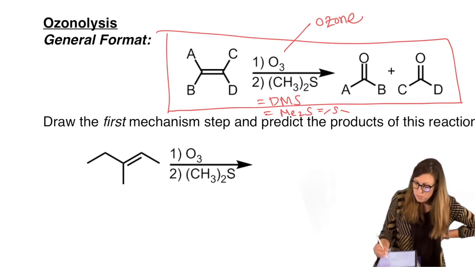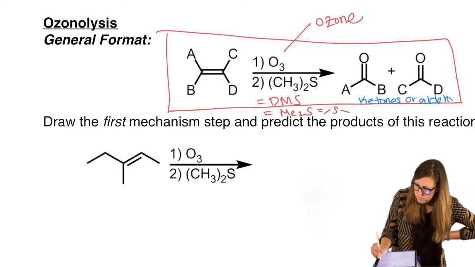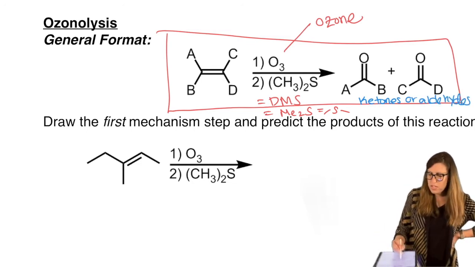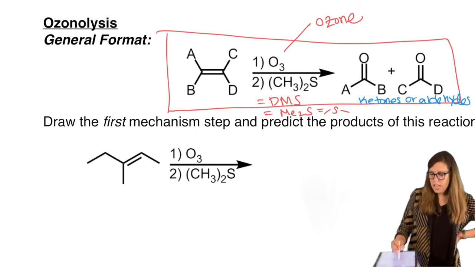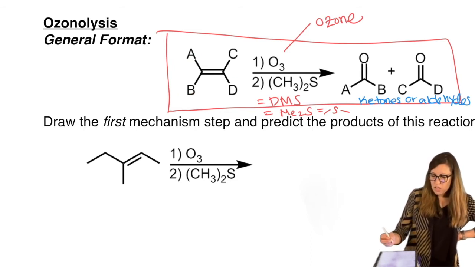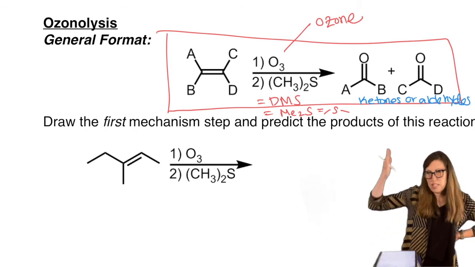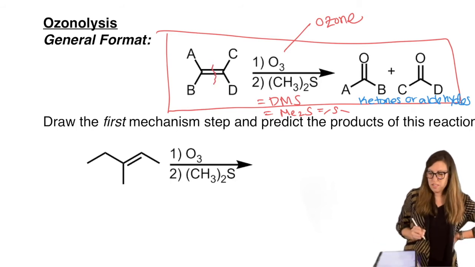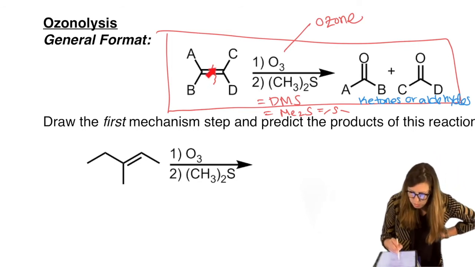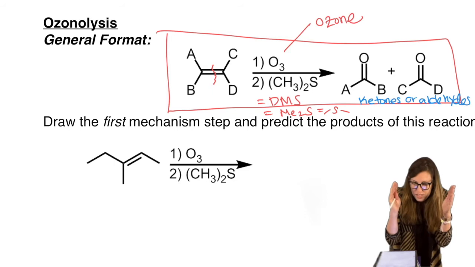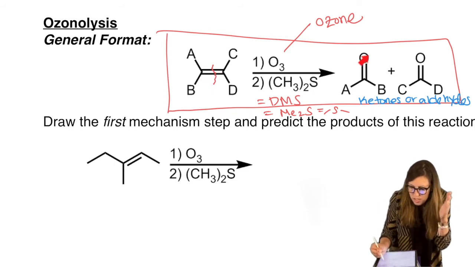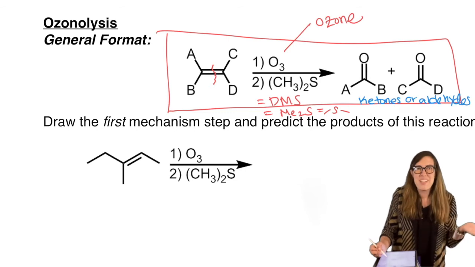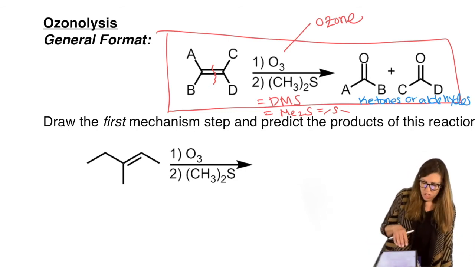For the first time, we're going to be making ketones or aldehydes. So in other words, A, B, C, or D will equal R or H. And look at what happened. This is also called oxidative cleavage, cleaving the alkene bond and oxidizing in its path. Cleaves right there. So you can imagine separating that at that squiggly line and putting an oxygen on both sides, and voila, there you go. That's not the mechanism, but that's an easy way to kind of remember what's going on there.